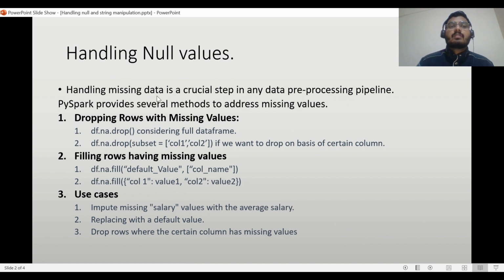So handling null values or the missing data is a crucial step in any data preprocessing pipeline, whether it is PySpark or any other compute resource we are using. Okay, that is a very crucial step actually. There can be various methods where we can use the NA method. First of all, dropping the rows, all the rows. There can be a client requirement like we need to drop all the rows which are having the missing